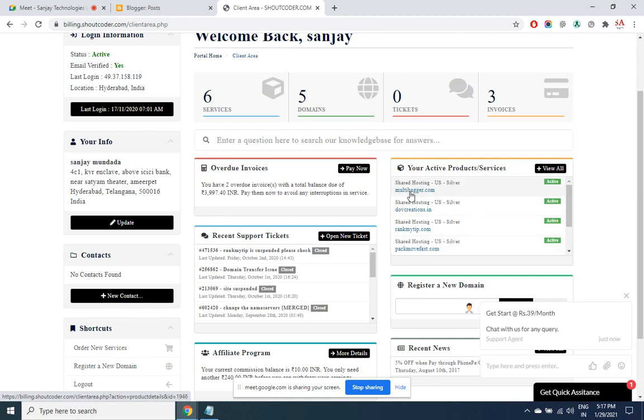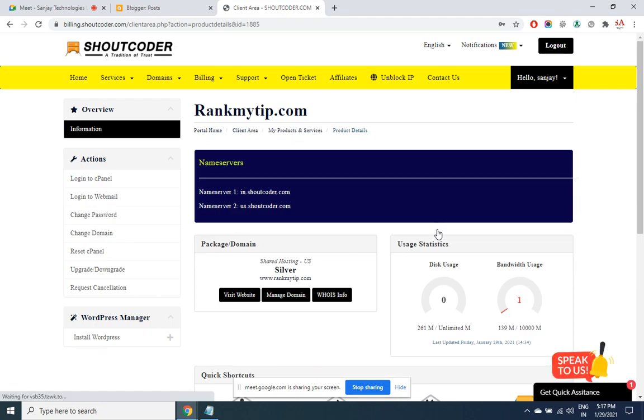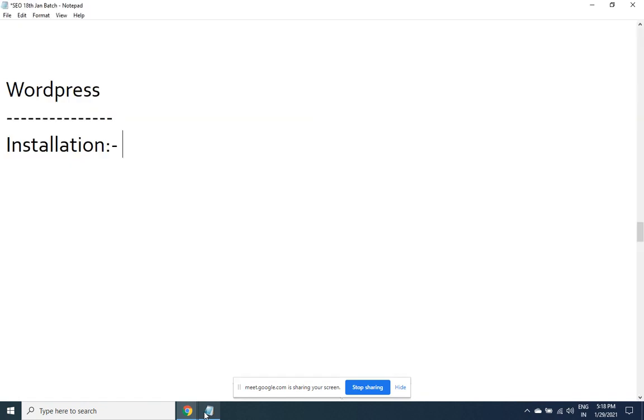I have given the server name as my website address itself. You can give any name. While you purchase a server, it will ask you for the name. So I have given, for better understanding, my site address directly as the server name. So I am going into the server. When I click here, I'll get all the options relevant to the hosting. Once you have clicked on the hosting package, you will have to go to the control panel, cPanel. Log in to cPanel of the server.